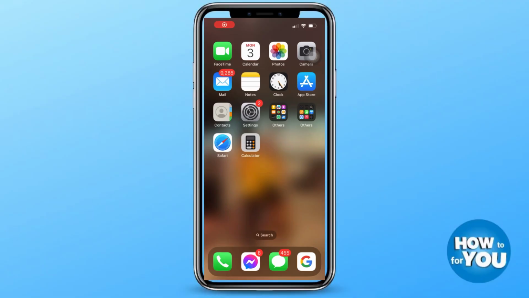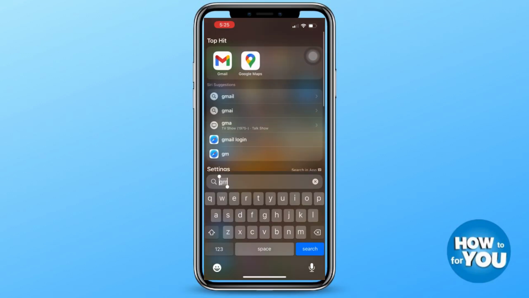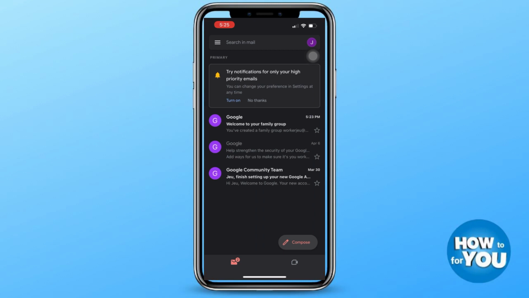If you want to learn how to remove Family Link from your Google account, just keep on watching because we prepared a step-by-step tutorial for you. First step, open the Gmail application on your phone